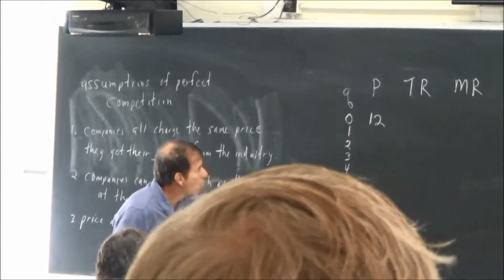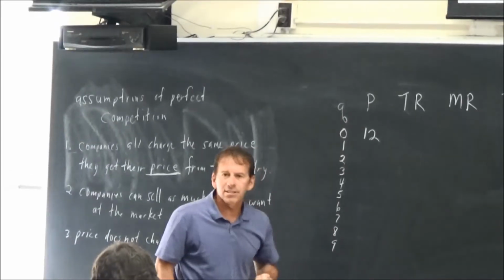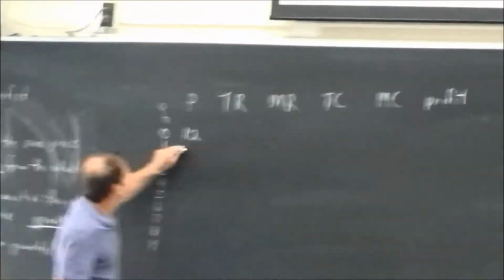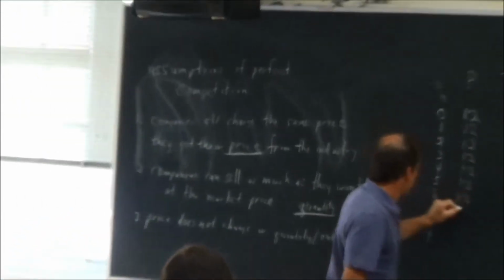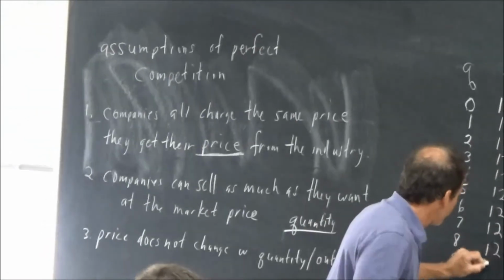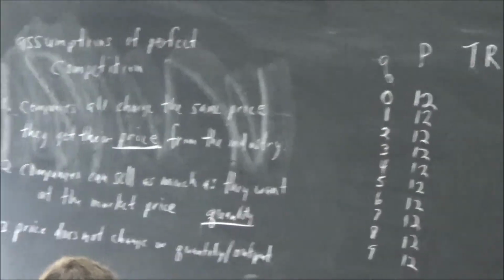So it doesn't matter how much they produce, the price is always going to be the same. So that means that the price is 12 there, it's going to be 12 here, the whole line down, the price is going to be 12. So what that looks like graphically